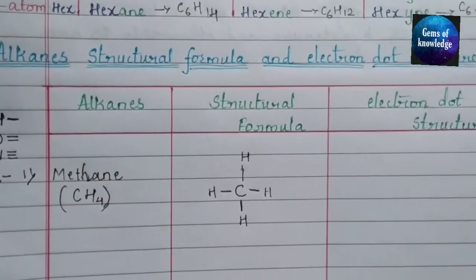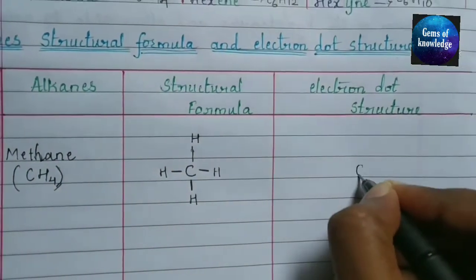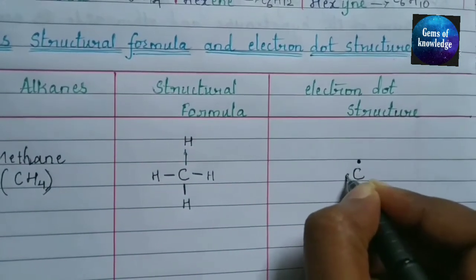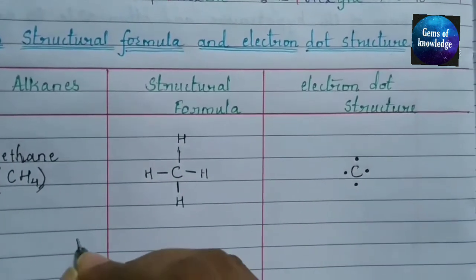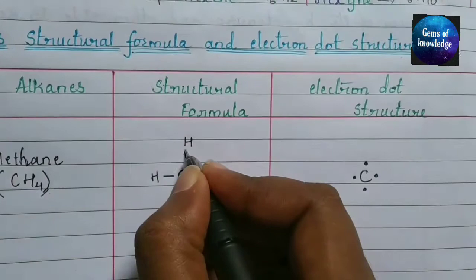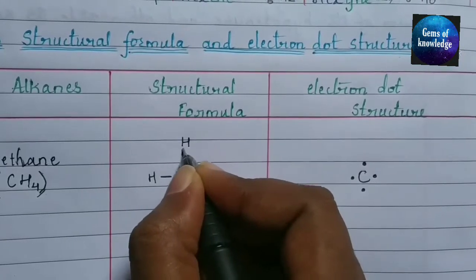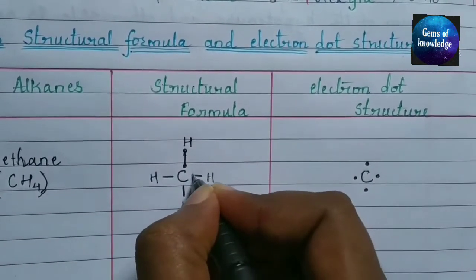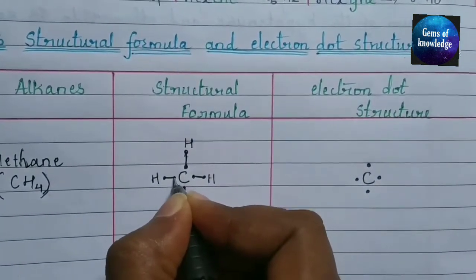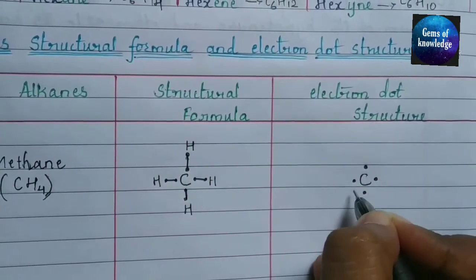So similarly, let us write the electron dot structure here. So here we will write the same thing, carbon. Carbon is containing how many bonds? 4 bonds. So 4 dots we are going to put. Similarly, for the next one, you can see here one bond is there, right? So this bond means this is having 1 dot and this is having 1 dot. Similarly, this is having 1 electron and this is having 1 electron. Here also, these 2 electrons will join to form a bond. So here carbon's 4 electrons I have written.